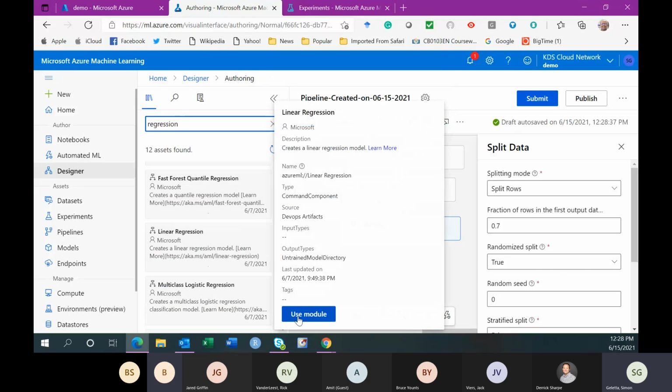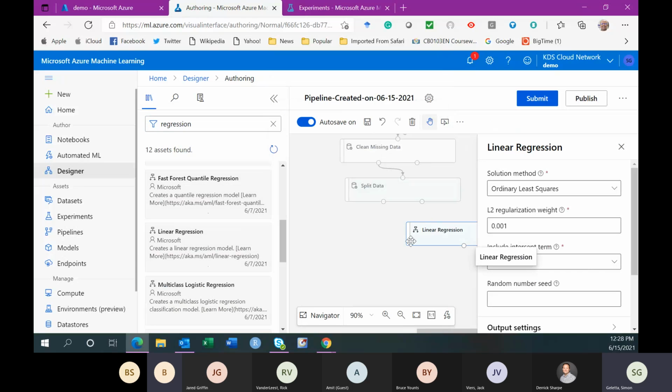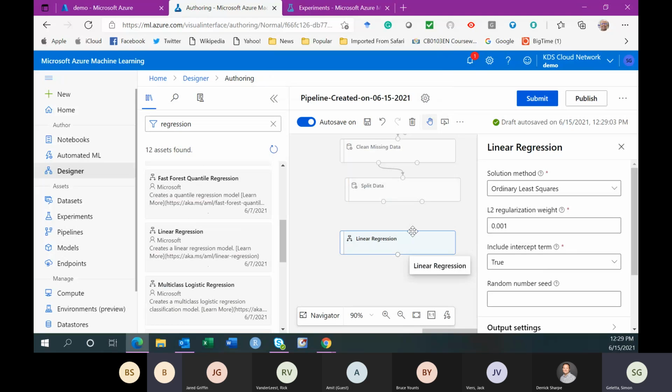It's a very simple prediction method. It takes a set of predictor variables and, creating a linear function, it predicts a dependent variable or a target variable.